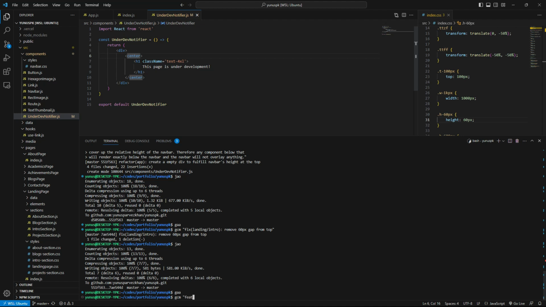GCM, and it's a feature. And what kind of feature is that? It's a new component. So create under div notifier.